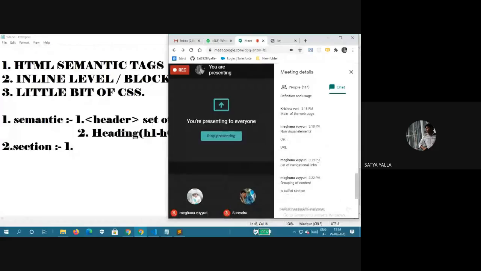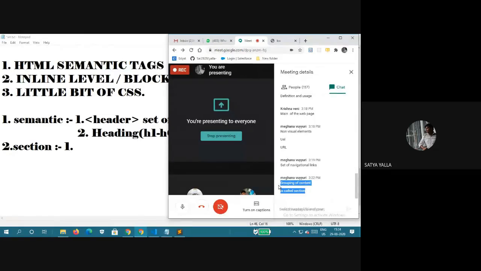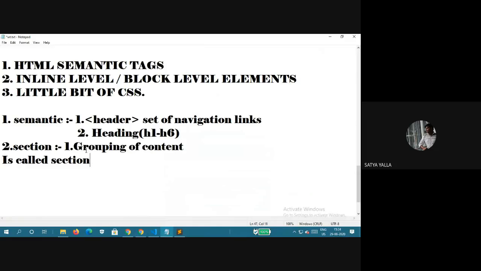Yeah, the group of content, section, is correct. Correct, the group of content. Simply section.